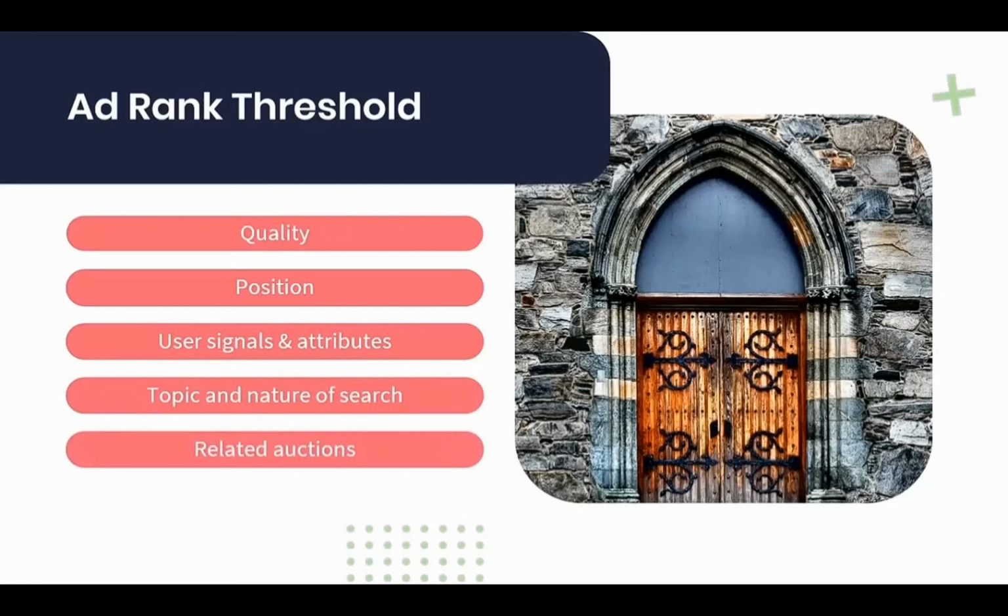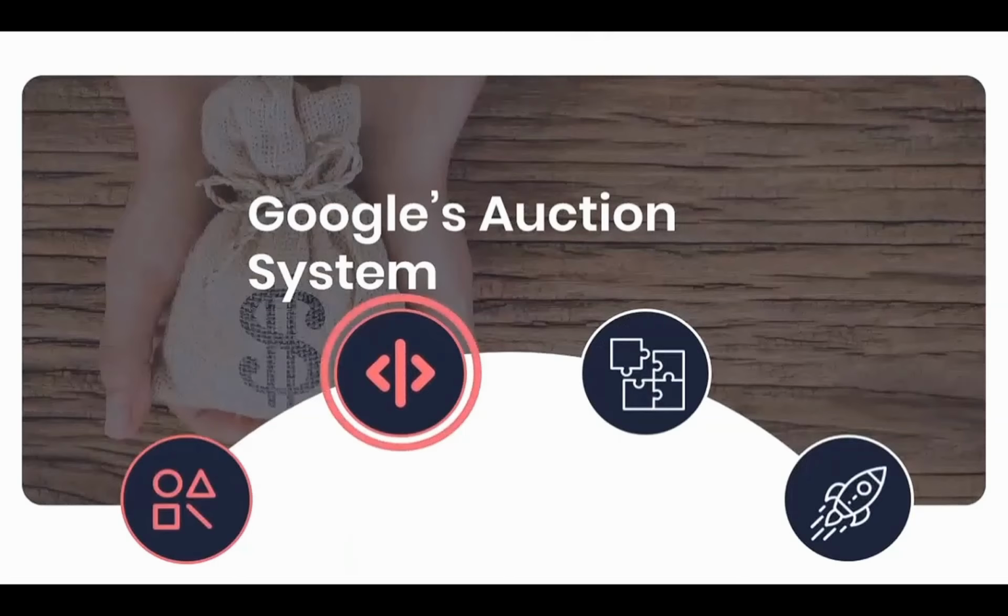And then finally, we have the related auctions. So the threshold of similar search terms to the one you're bidding on would be compared and taken into consideration at this point. So we have spoken about these bids quite a bit so far, but bidding on keywords or